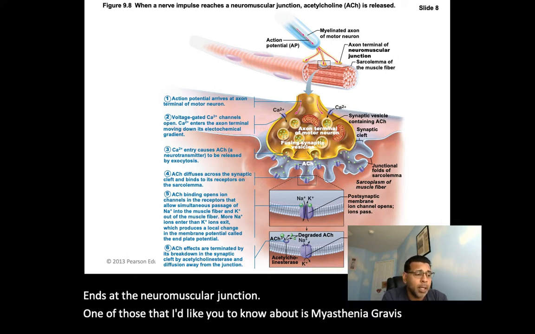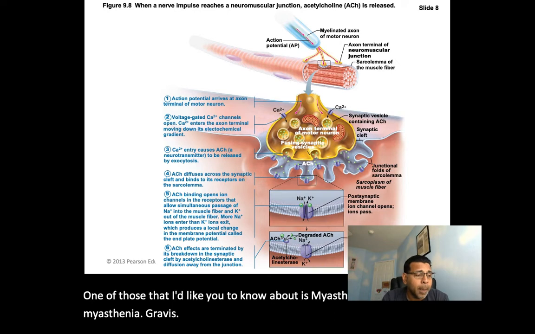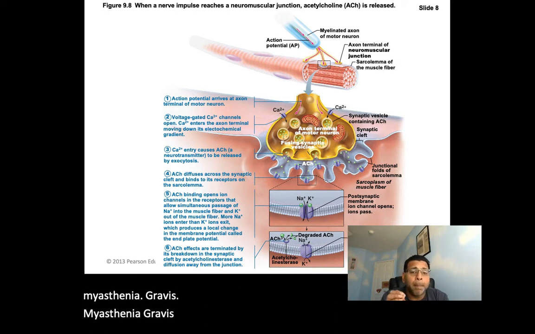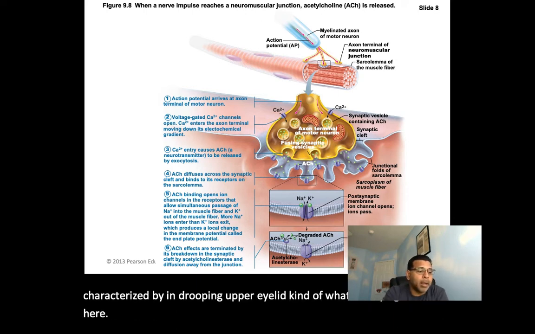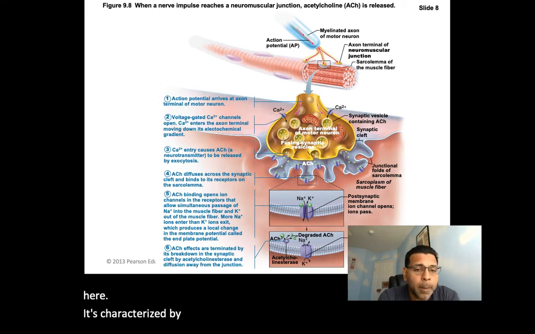Myasthenia gravis is characterized by a drooping upper eyelid, kind of what I'm trying to mimic here, also by difficulty swallowing,